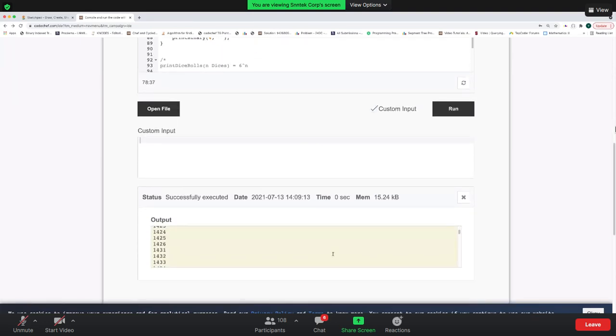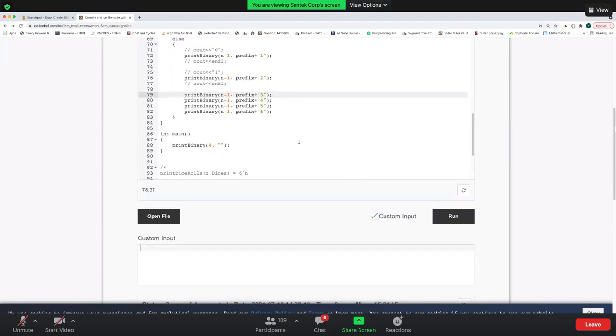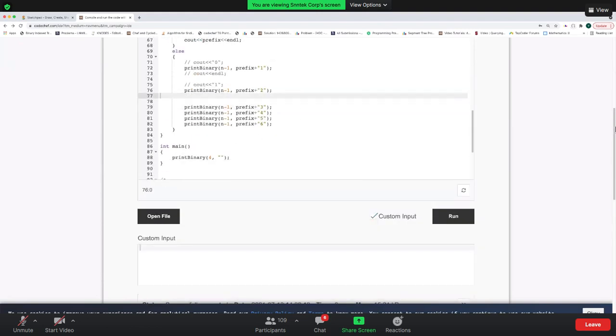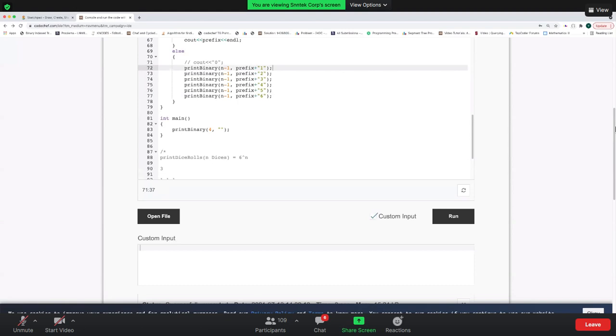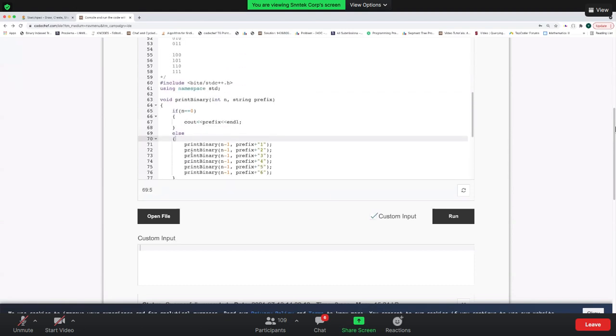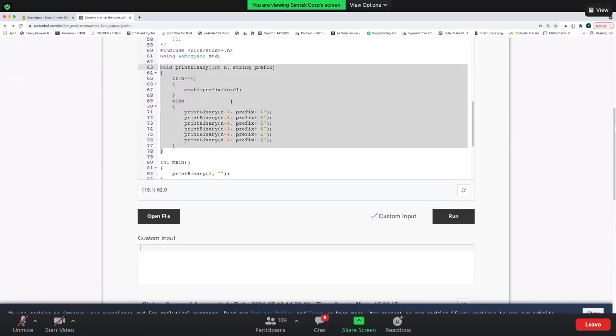Yeah, wow, it worked all the way up to 6, 6, 6. So recursion is so beautiful. Only these many lines of code and it printed everything. This is the power of recursion. You don't have to write a bigger code.